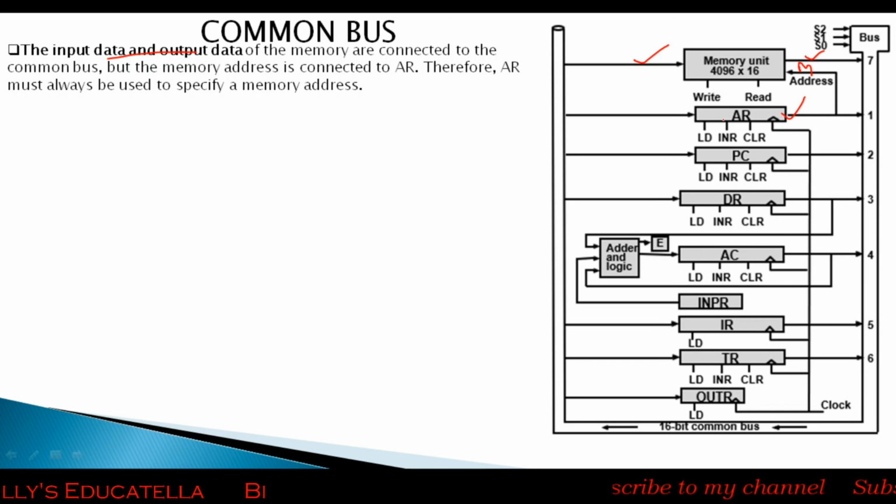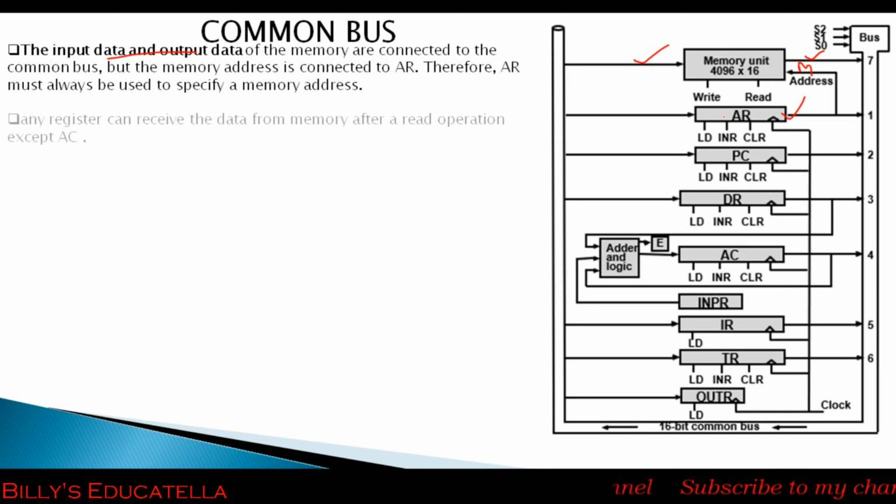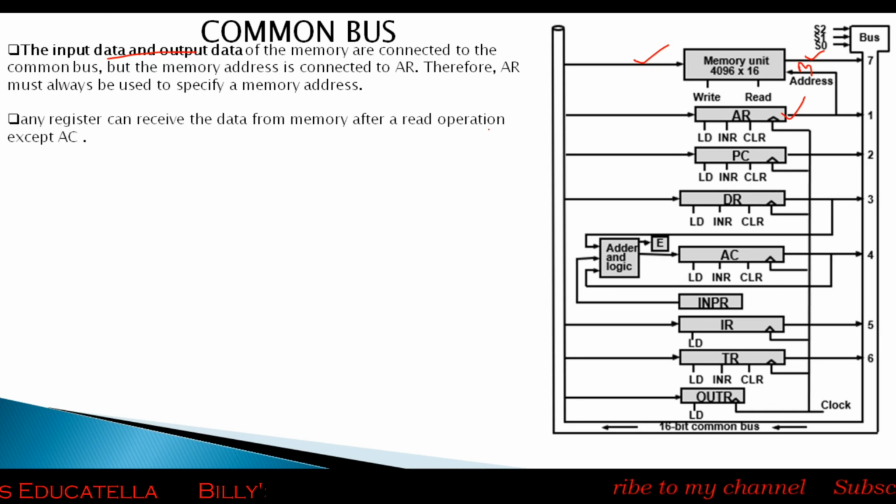So as we discussed, the address register is used to specify the memory address where the operand is present inside the memory. So the address register is always used to specify the memory address. Next point is, any register can receive the data from memory after a read operation except the accumulator. Any register can get the data from the memory, but the accumulator doesn't get the input from the memory,